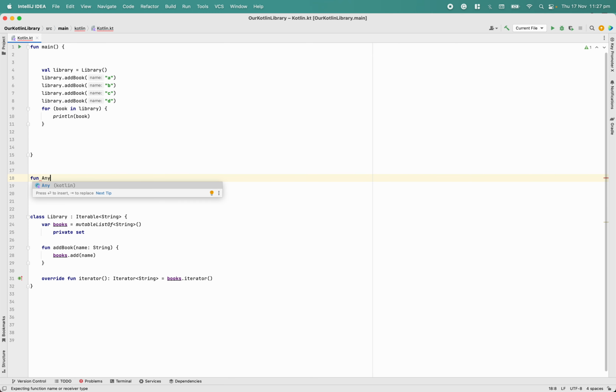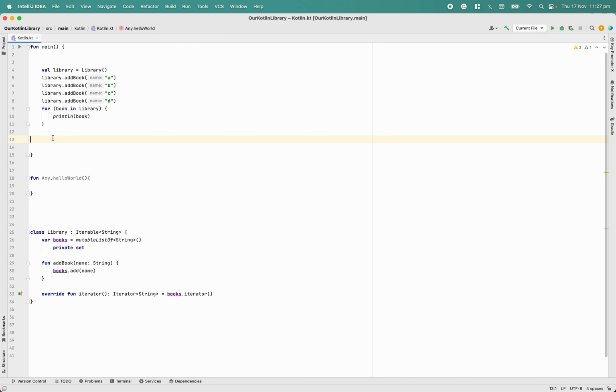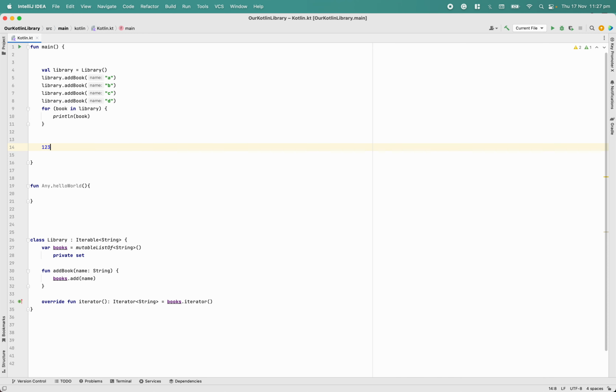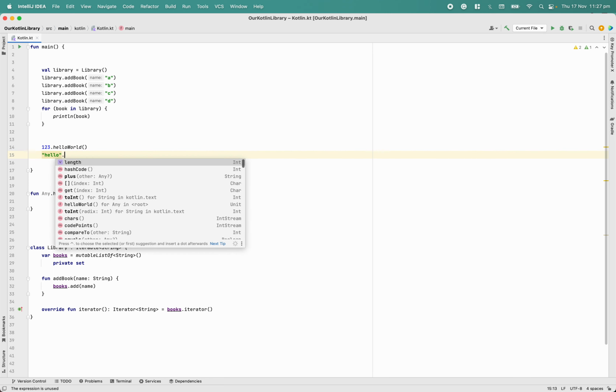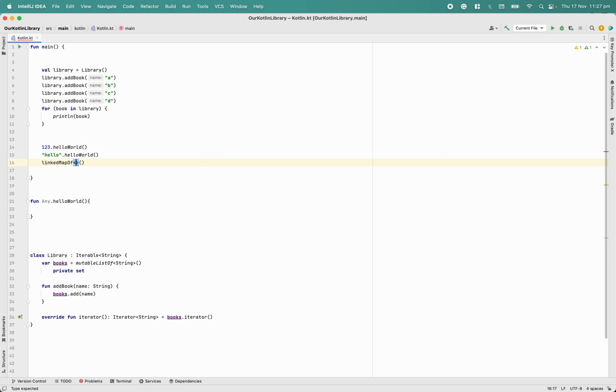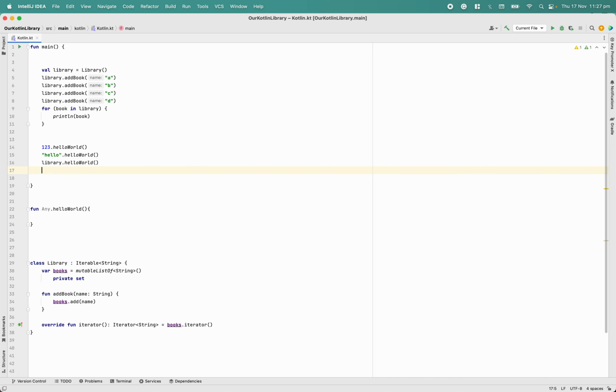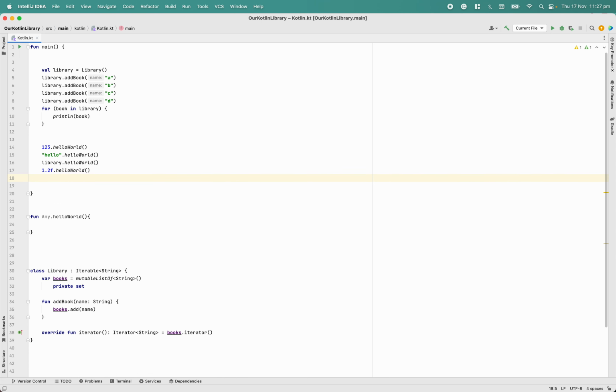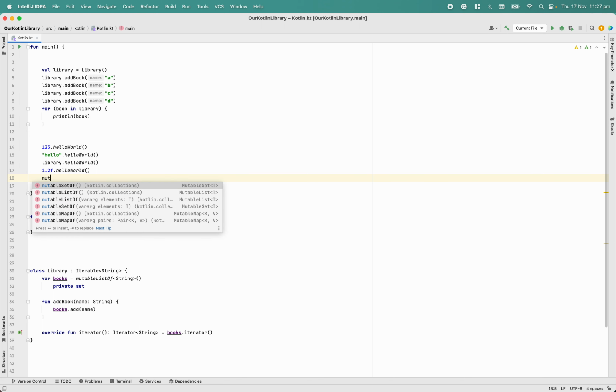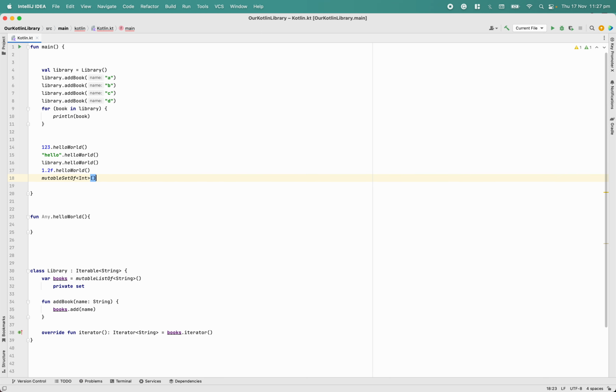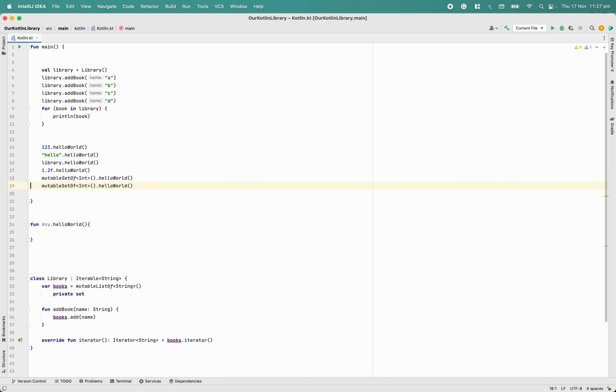So I'm saying okay, fun Any dot hello world, and inside of this you can write anything. Now what happened now? So the magic is here. I'm writing 1 2 3, an integer, and I'm saying hello world. Okay, now I'm saying hello string, and then I'm saying hello world. Okay, now I'm saying library, so my object name dot hello world. Okay, then what else? I can say 1.2f dot hello world. What's next? I can say a mutable set of Any, Integer dot hello world,